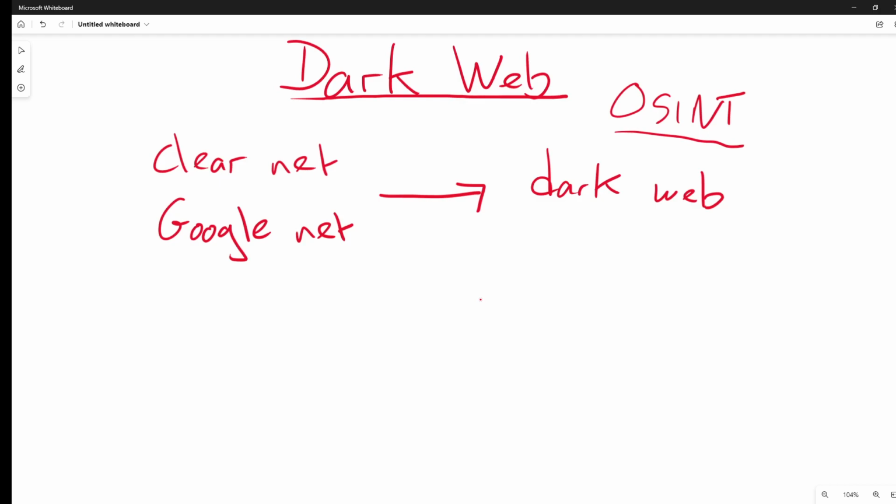So, what is the dark web? First of all, I'd like to make a distinction in that the dark web can be a source of information. Many organizations fail to collect information from the dark web, and this could be a huge oversight. In recent years, the dark web has emerged as a well-known hub for dubious and oftentimes criminal activity.